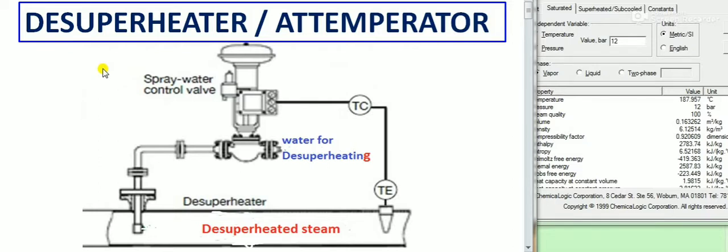What is essential about this? Why do we want to de-superheat? And how much water do we want to add for de-superheating? First, what is in my de-superheater? The de-superheater is the equipment